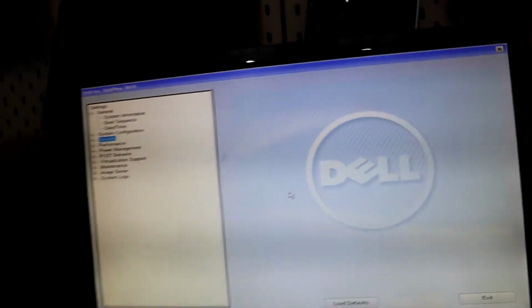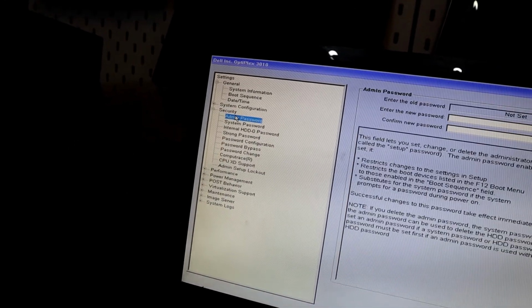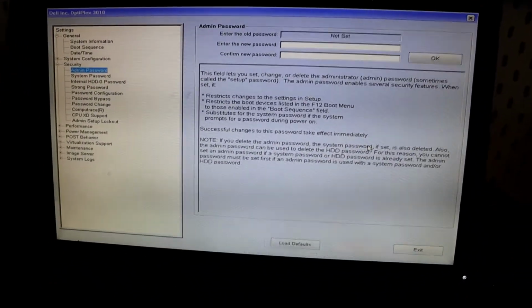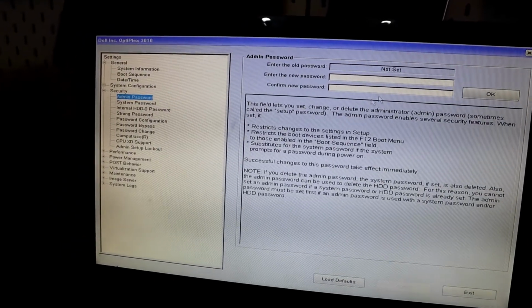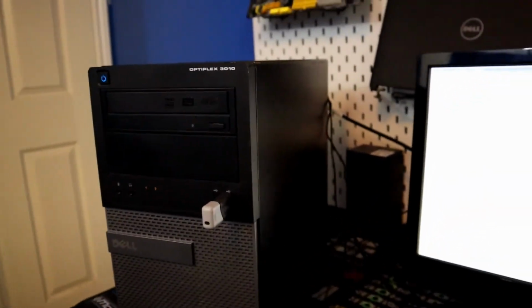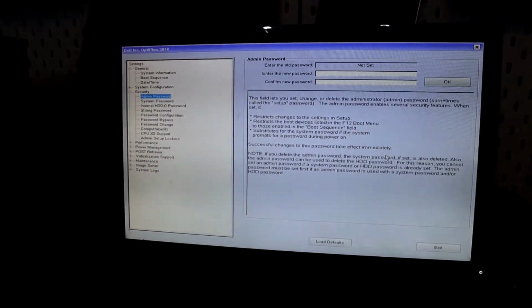I'm going to click on security because what I'm looking for is to see if this machine has a password on here, and it does not. Good. That's what we're looking for. I do have a video that I'll link right over here to show you how to take off the administration password on these machines. Most of the time these machines were used at schools, government buildings, medical buildings, things like that, so it would have a preset for that admin password. So we're going to hit exit,